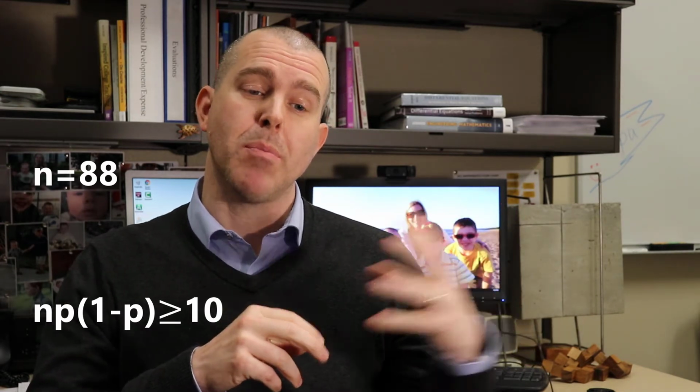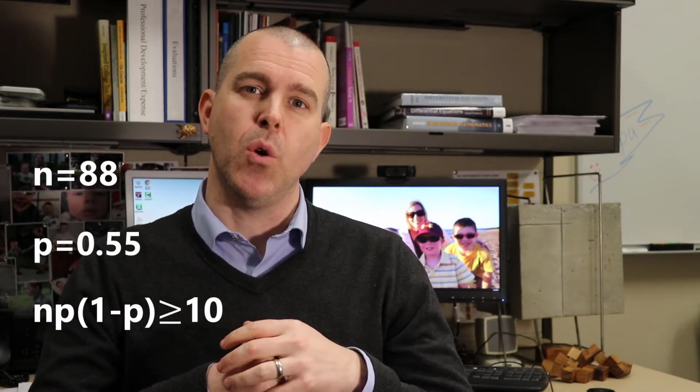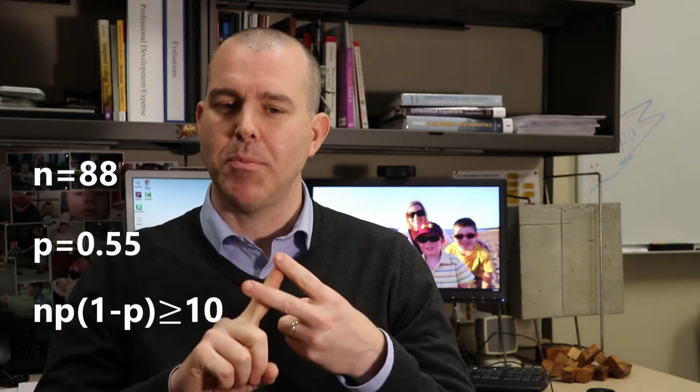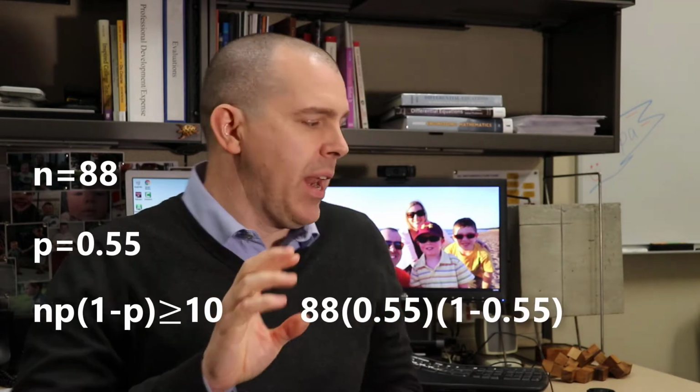So think about what we learned in Chapter 8. We learned about the distribution of the sample proportion. So if certain conditions are met, in this case, if n times p times 1 minus p is at least 10, so we had a sample size of 88. Our p, what we assumed was our proportion of succeeding in the course, was 0.55, 55%. So if we take n times p times 1 minus p, that ends up being,